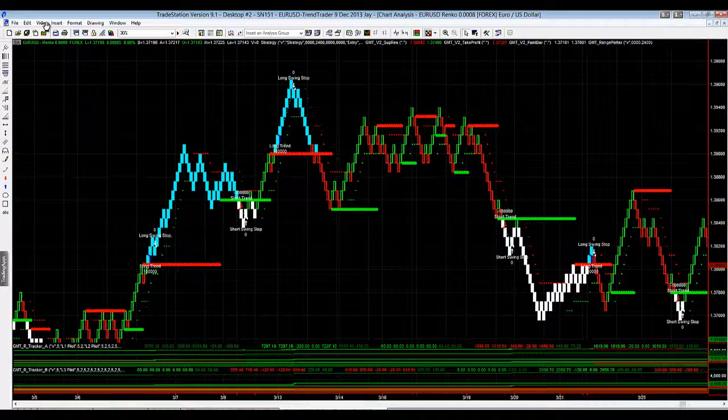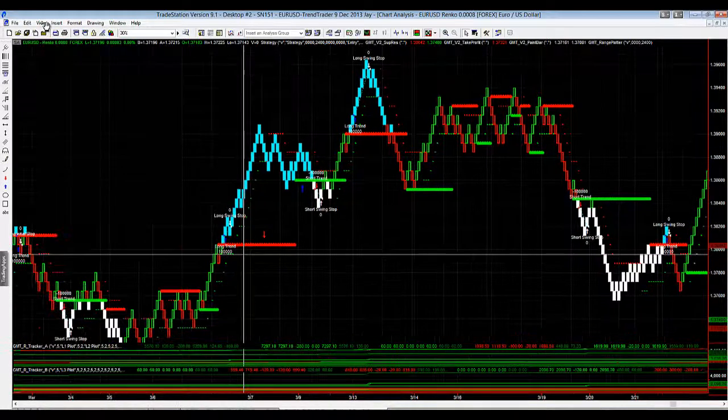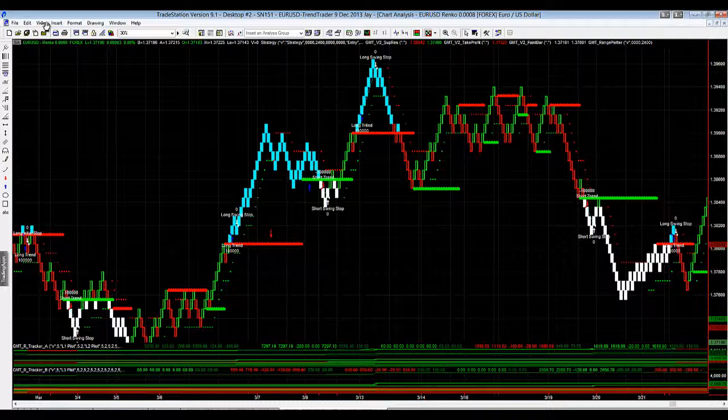So you'll see here from the information I've got that we basically have our dynamic support resistance on our chart. Dynamic support is the green and dynamic resistance is our red. Now they'll print where we get areas or zones of support and resistance. So once we break that area, we're actually into a potential trending situation. So you can see for us that trend is dictated by these cyan candles, or cyan bricks they're called,